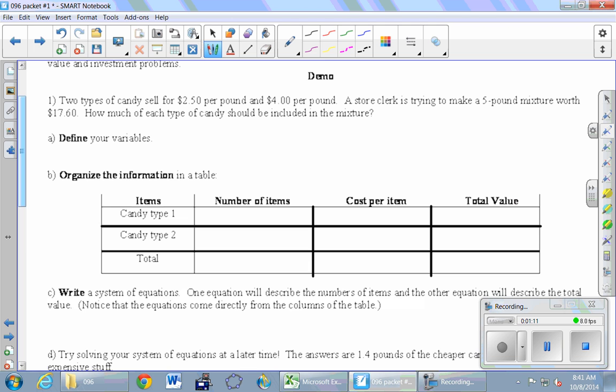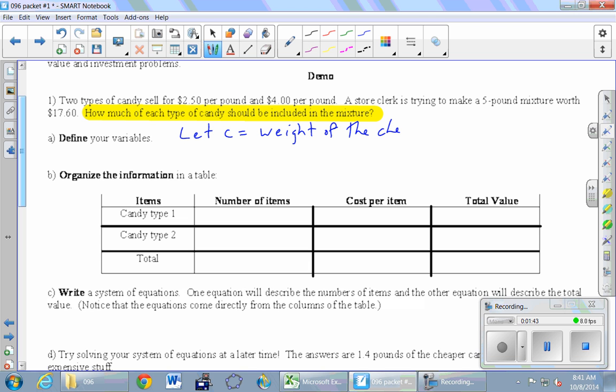Okay, so the first step is to define our variables. We got a lot of stuff happening in this problem, but to define your variables, you just go to that very last part. The question itself is my way of telling you what the variables should be. How much of each type of candy should be included in the mixture? Those are our 2 variables. So we've got 2 kinds of candy here, some stuff that's $2.50 a pound and some other stuff that's $4 a pound. So how about we let C equal the weight